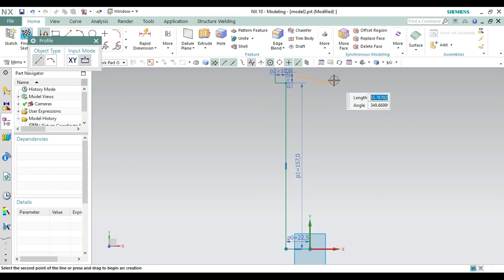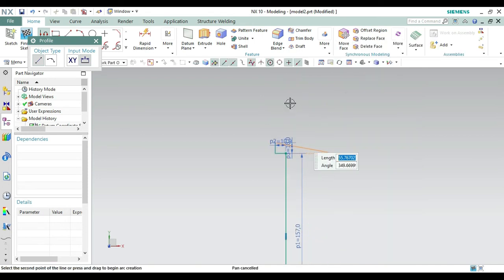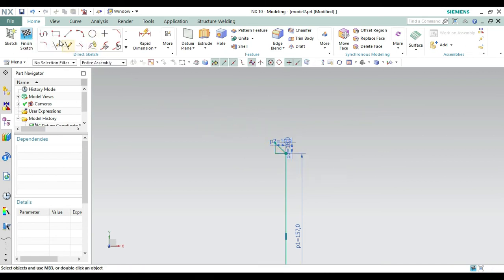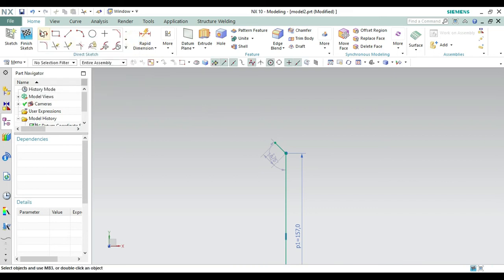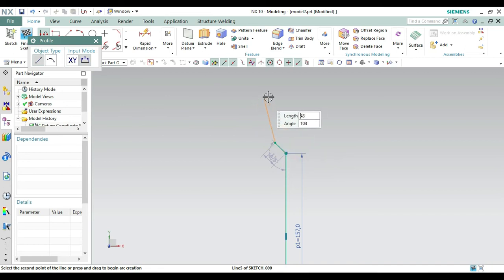Okay, now let's pan from here. Okay, like this one. Now we have to join these 2 points like this one. Again let's cancel the command like this. We have to trim the extra lines, so go on quick trim and quick trim these 2 lines from here, and this one. Okay, now what we have to do is again go to the profile command and create a line of length 51 from here with an angle of 90 like this one.